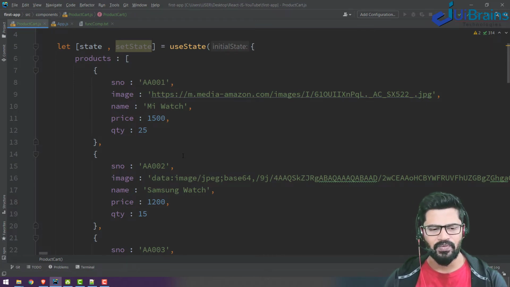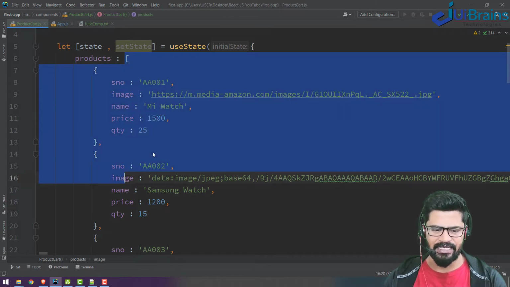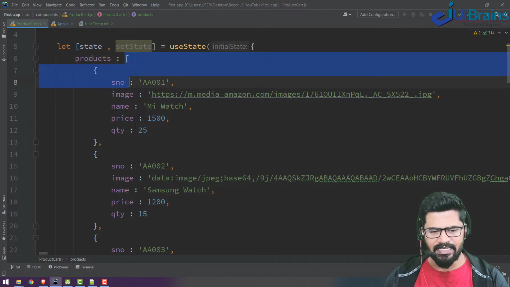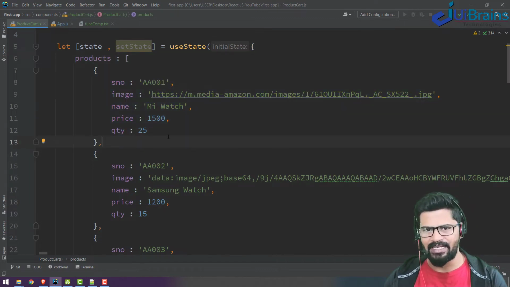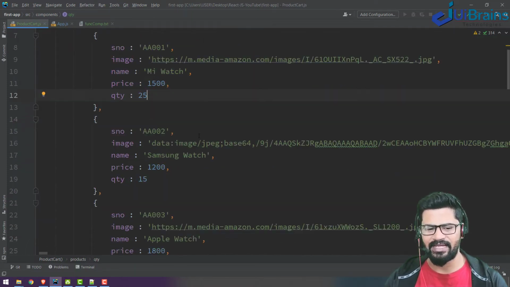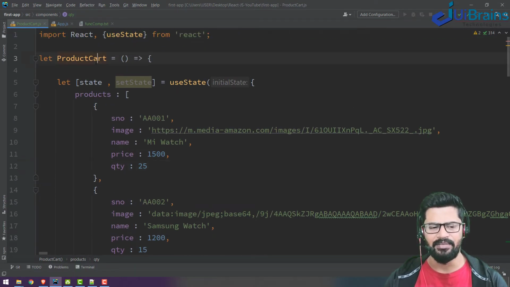As of now we have not discussed server concepts, so what I do is create a data provider. This entire data I'll take into a separate file, and I'll call that file's function for fetching data, just to reduce the number of lines in my component file.